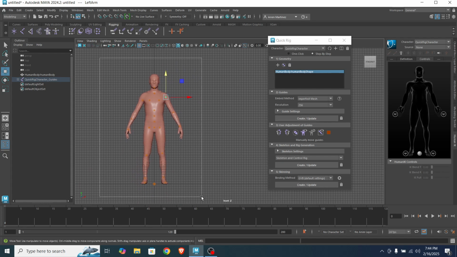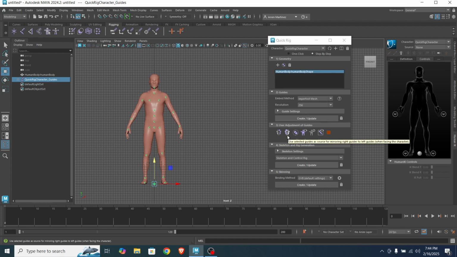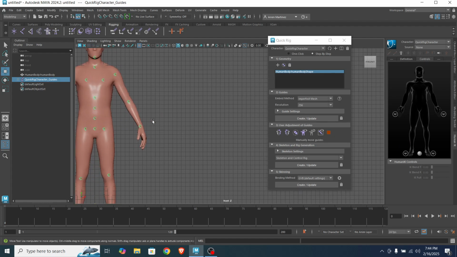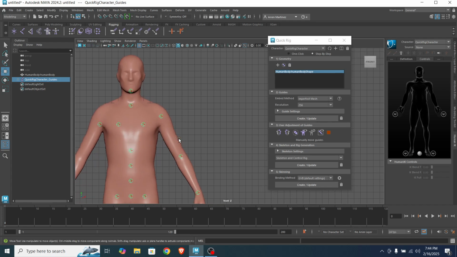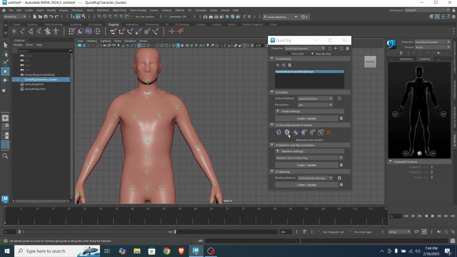So highlight the character, go to the second icon here. So you select guides as the source of mirroring, right to the left. So if we click this, let me just zoom in on our character. If I click this, you see all of the information on the right copies to the left part of the character.